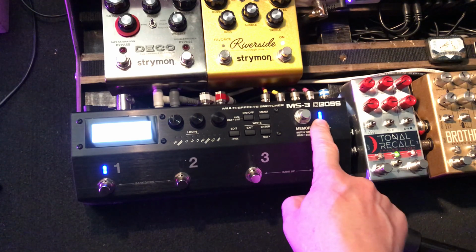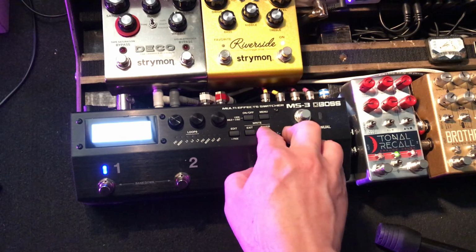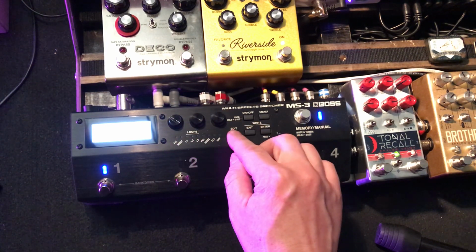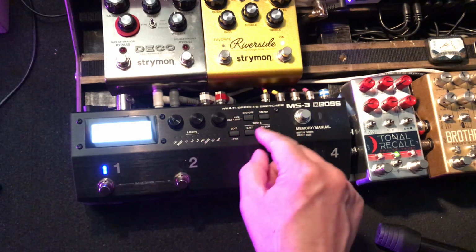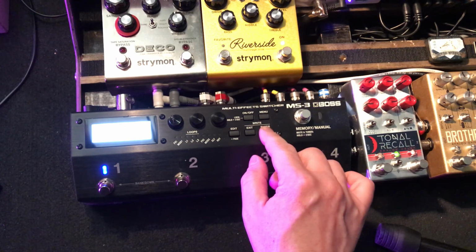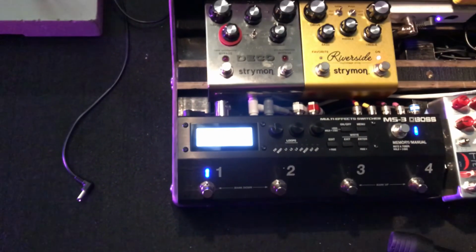The factory default is that this light isn't blinking with the tap. Let me see if I can find it. I forget where that's located. Let me see if I can find it here. It's kind of hidden somewhere goofy. Okay, found it. So, unless you've already done this, your LED from memory manual isn't flashing with the clock, and if you want that to happen,